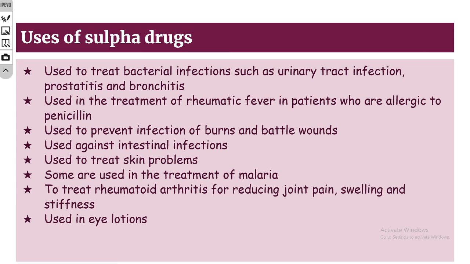Sulfur drugs, for example sulfadiazine and sulfapyridine, are used to treat bacterial infections such as urinary tract infection, prostatitis, and bronchitis,